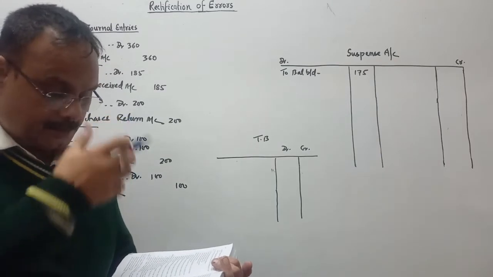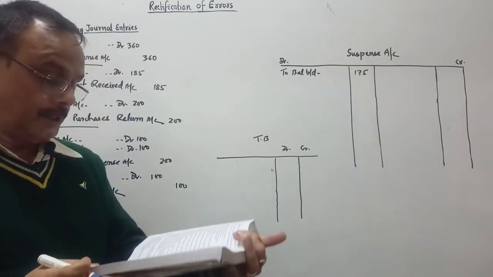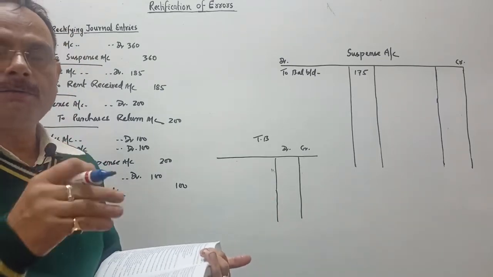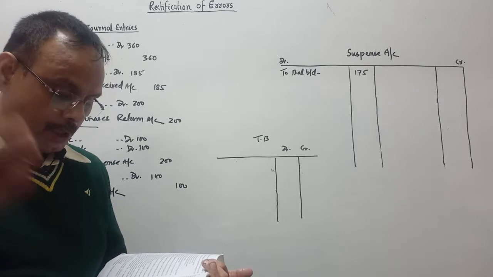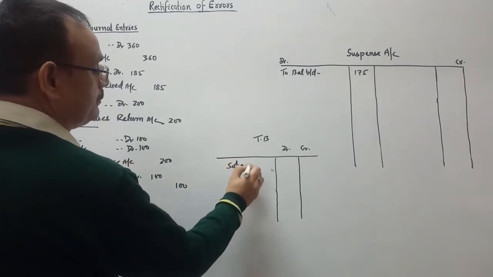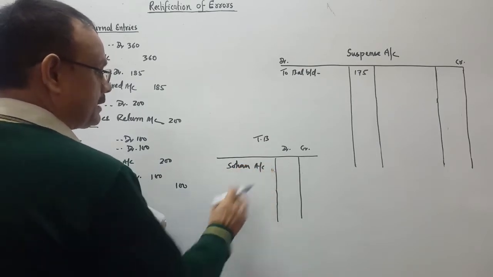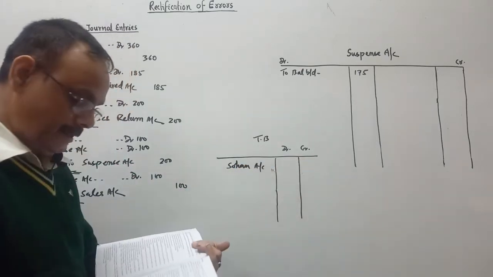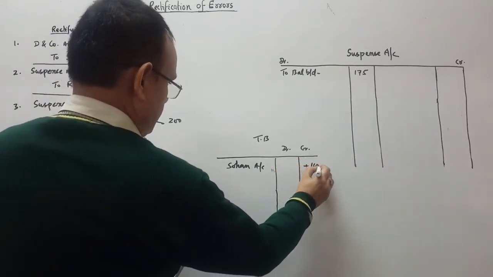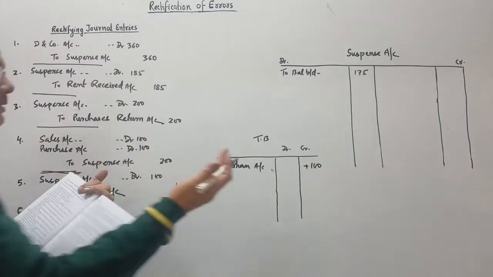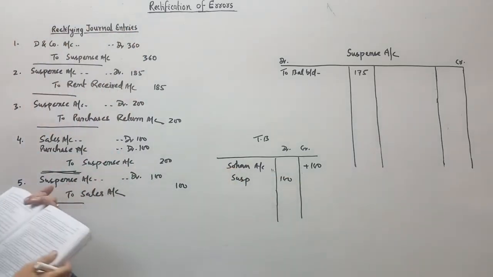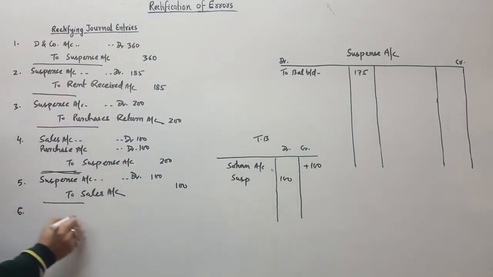Now come to the next, sixth error, number 6. The total of the credit side of Sohan's account was overcast. Sohan's account credit side total was overcast, meaning 100 rupees plus. You have written 100 rupees plus. So the suspense account will be on the debit side to match the trial balance. So suspense will be credited,